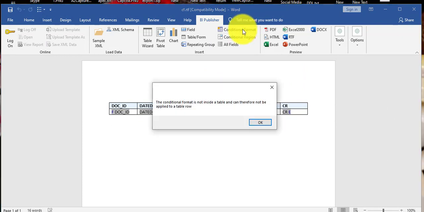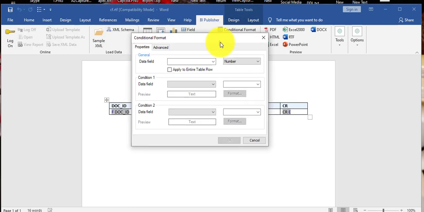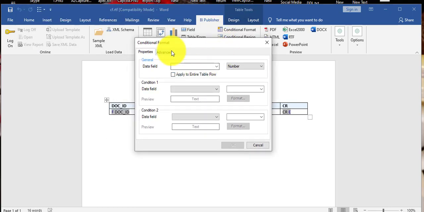I'm pressing conditional formatting. Press on any field, then conditional formatting. You can see condition 1, data field: on which field you want to create a condition. On CR creditor, condition 1, greater than 500, text.